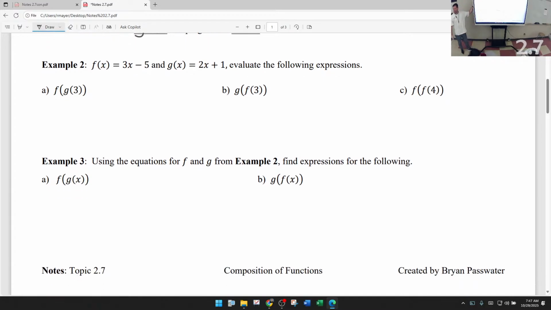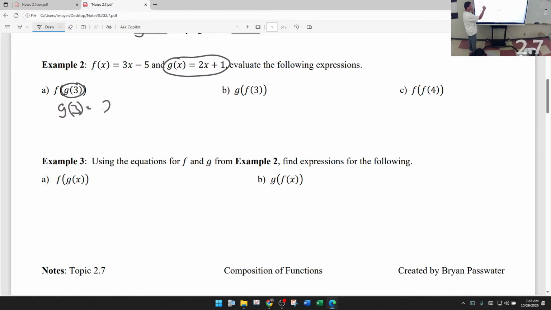F of G of 3. Again, how you say it makes you sound a little bit more intelligent. Don't say F parentheses G parentheses. No, F of G of 3. So we're going to start off with G of 3. And so then I'm going to go up here, and that's F, so I don't need to start with that. I'm going to go over here with G. Okay, so I'm just going to do G of 3 first. So instead of G of X, I need G of 3